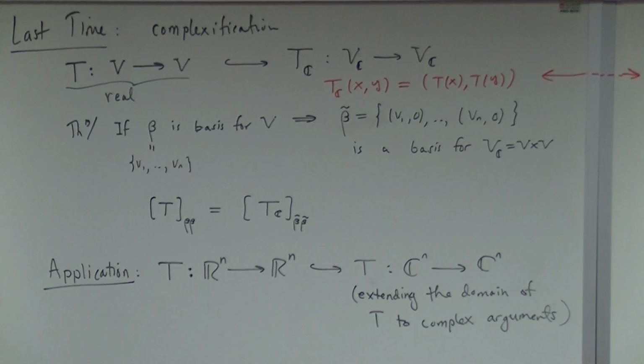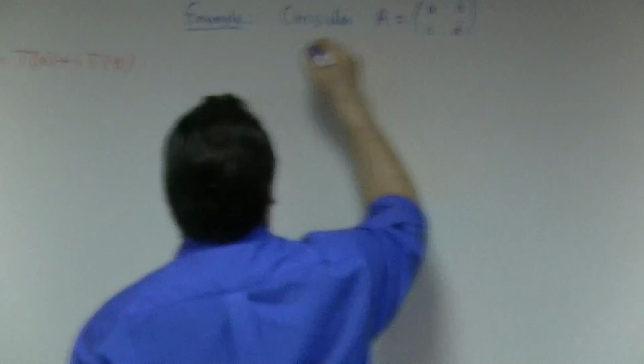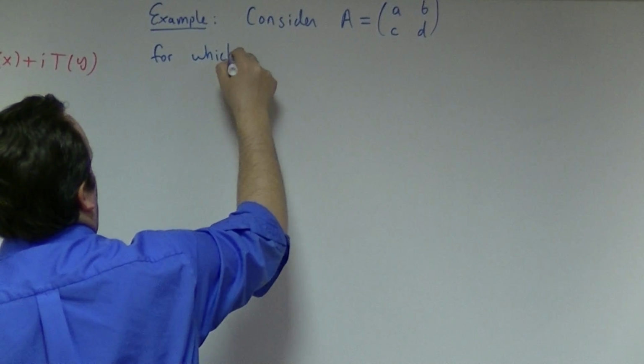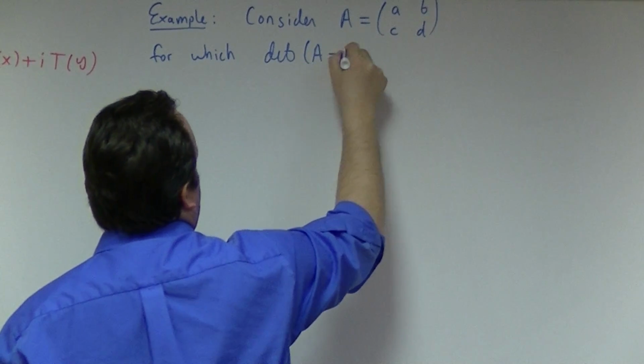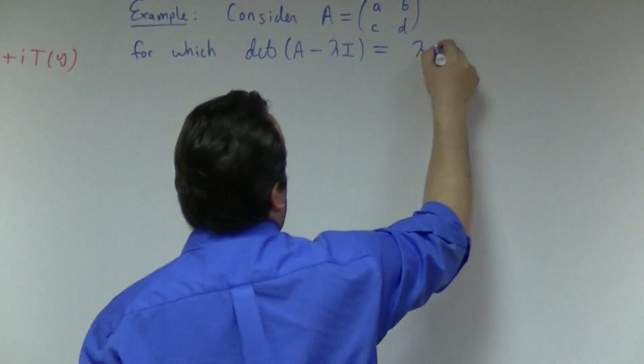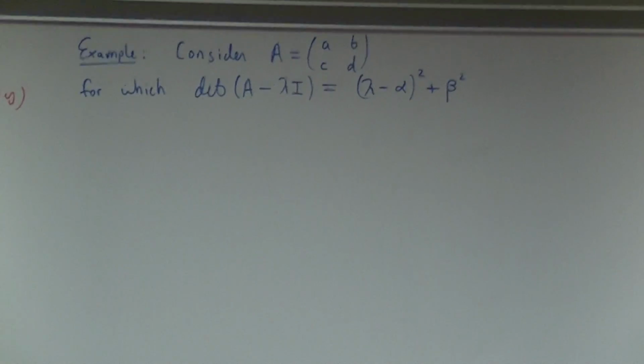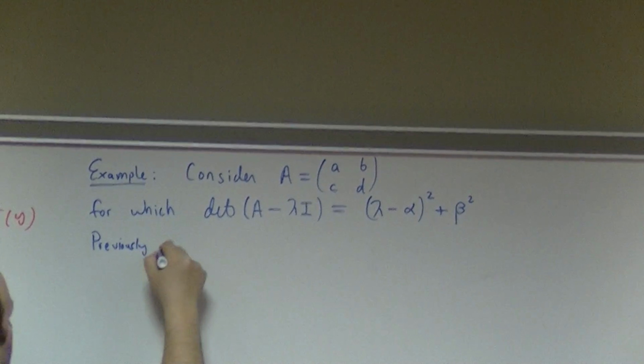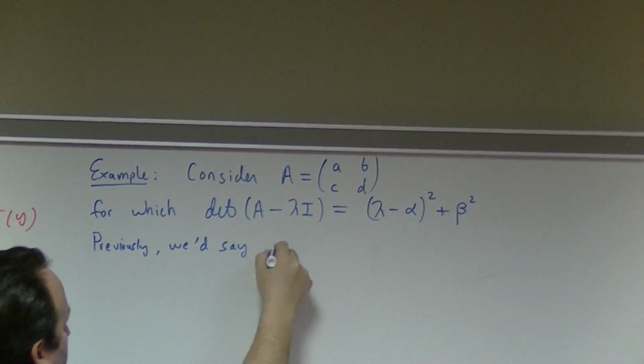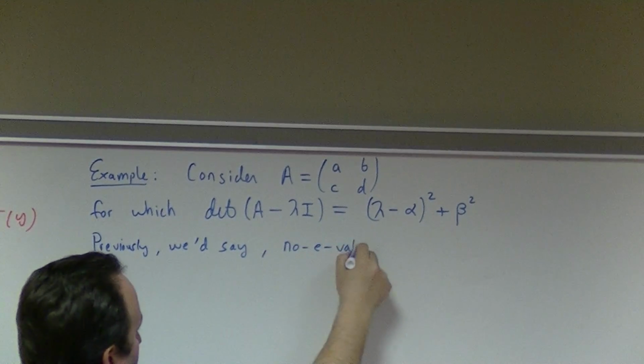Okay, so in particular, you could look at the problem of complex eigenvectors. An example: let's consider A equals the matrix (a, b; c, d), for which the determinant of A minus lambda I works out to be (lambda minus alpha) squared plus beta squared. Previously, we would have said: oh, no eigenvalue exists,